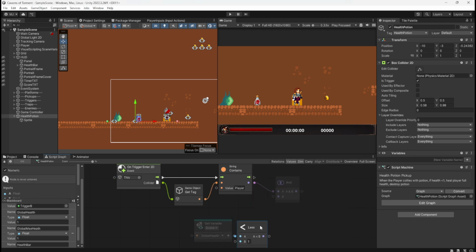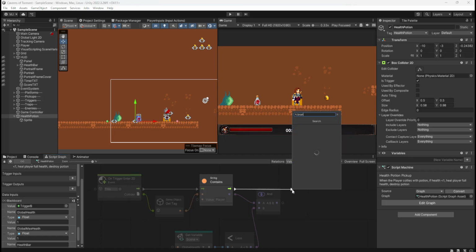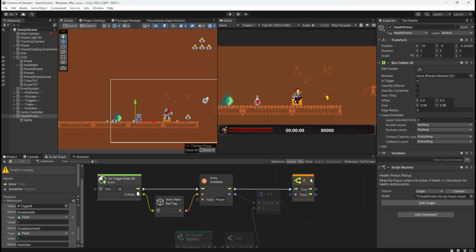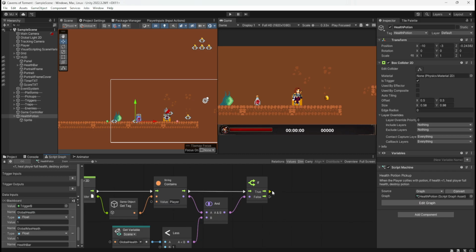Is the global health less than 1? If that's true, so this is where we get a branch. That's the if true, okay? I'm going to move that there. So, providing it is the player and their health is less than 1, we're going to